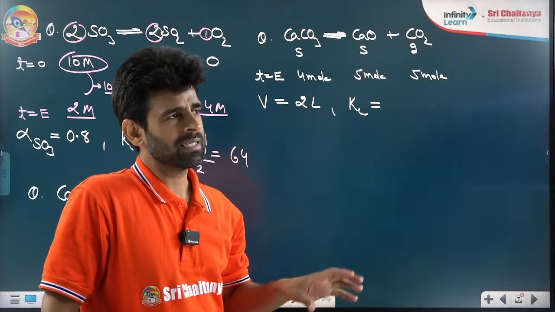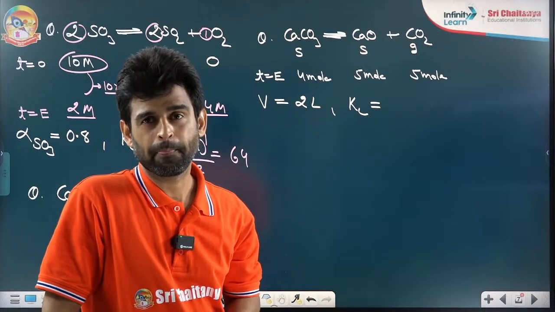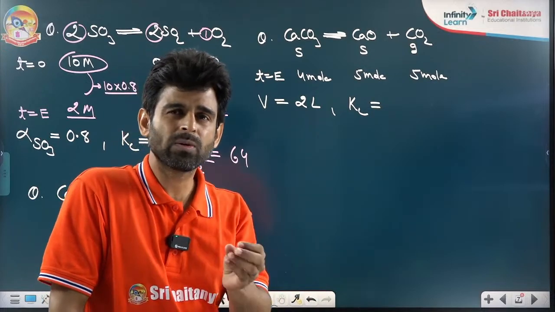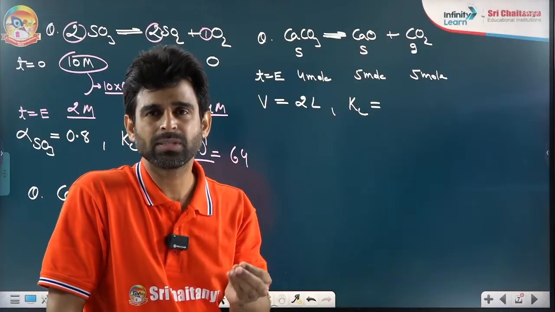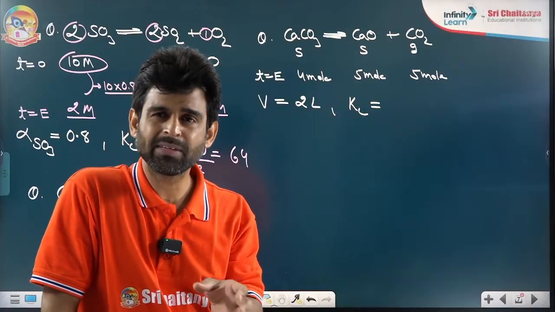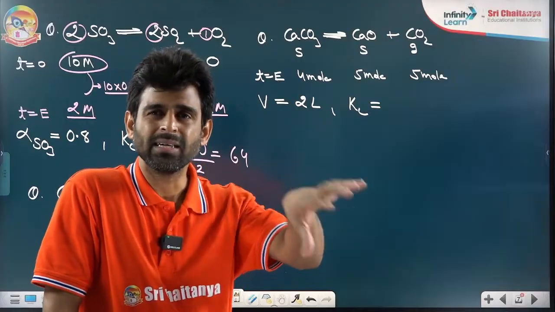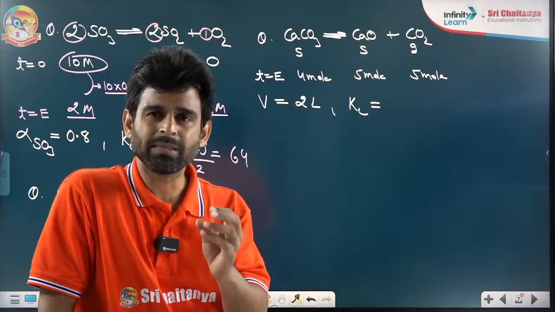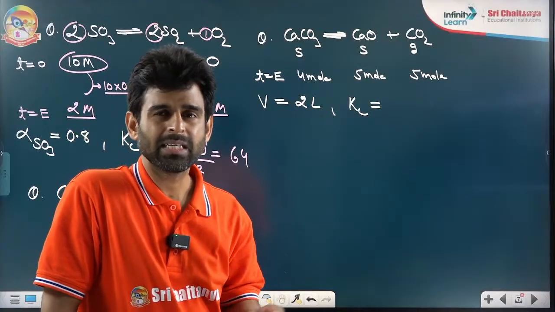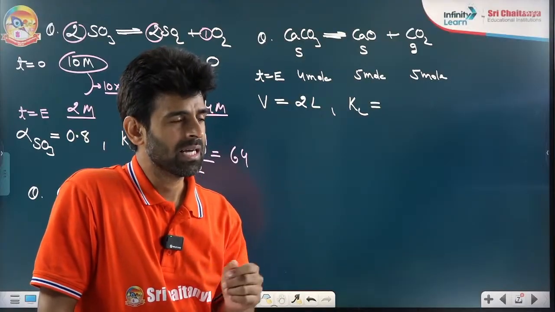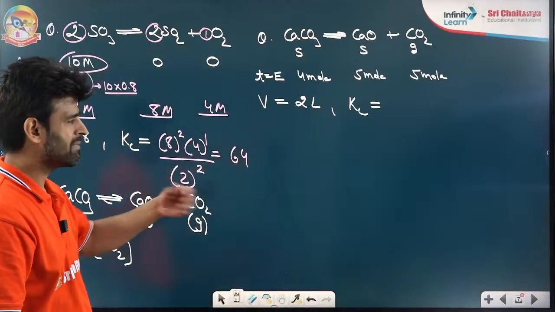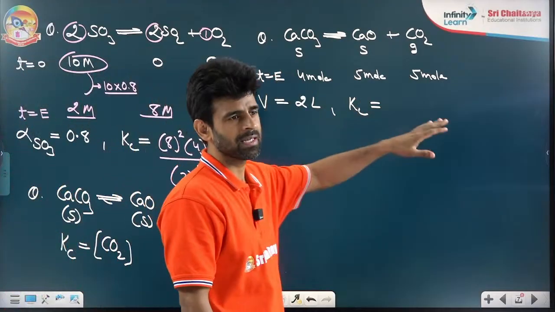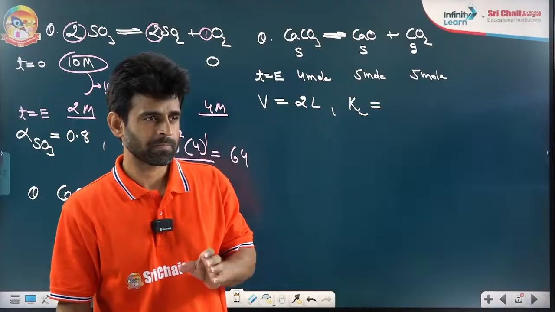At equilibrium, these are the given moles. Most of the time they will not even give the moles of CaCO3 or CaO, but still, by chance, if they write the moles, these are the moles present in the vessel. If they ask you Kc, what will you do? I'm telling you very clearly, first of all they will not give it. Even if they gave,